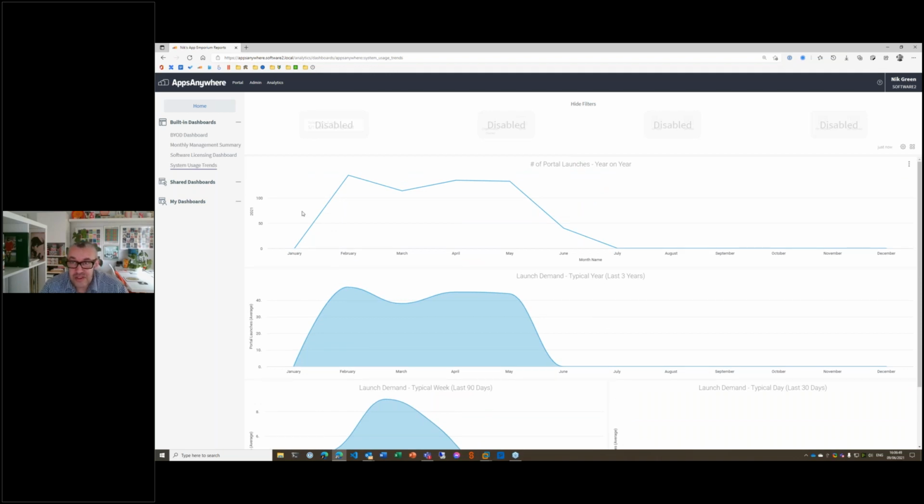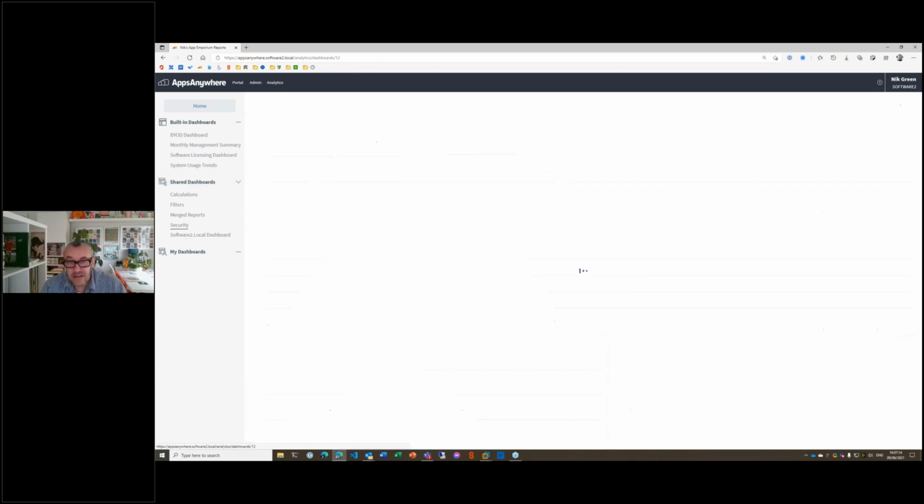Where we can also extend this, though, is these are the out-of-the-box reports, but where the real power is, and what I want to concentrate on for most of this session, is that the analytics integration allows you to create your own dashboards and your own custom reports, which is something that we weren't able to provide with the old reporting system. So I've created several dashboards previously, and just as a quick example of the sort of thing that